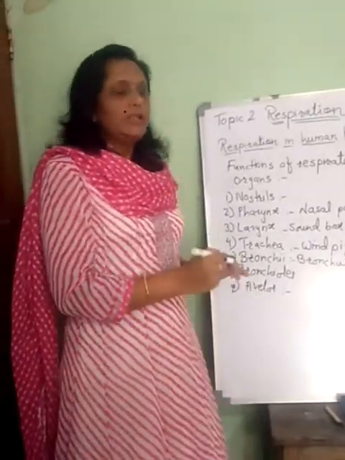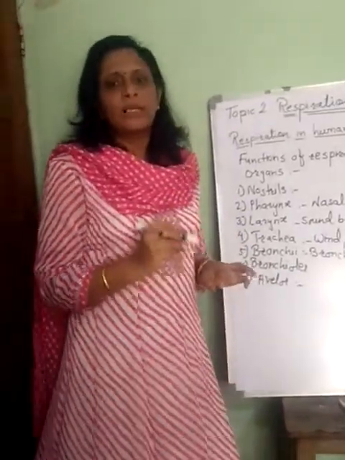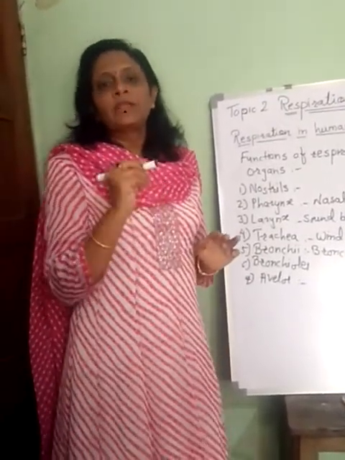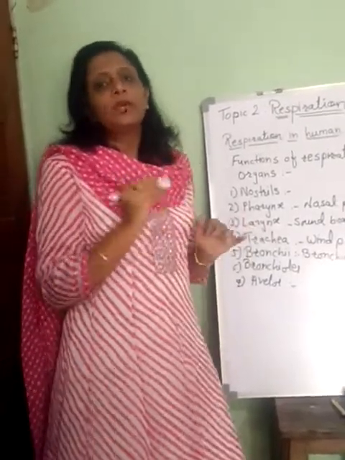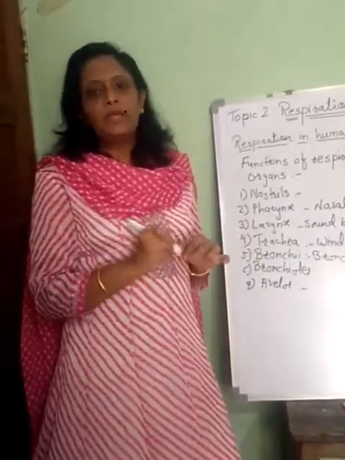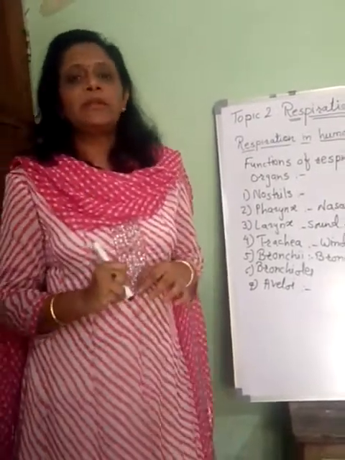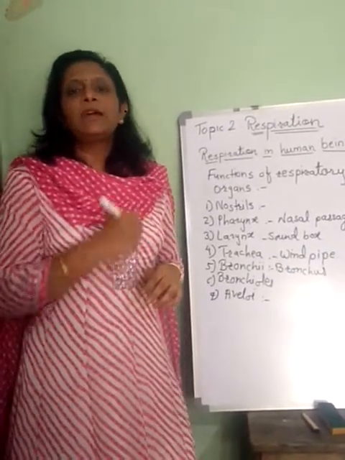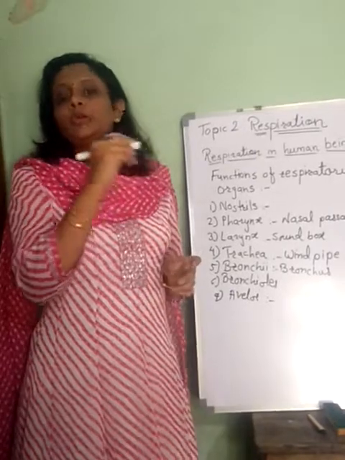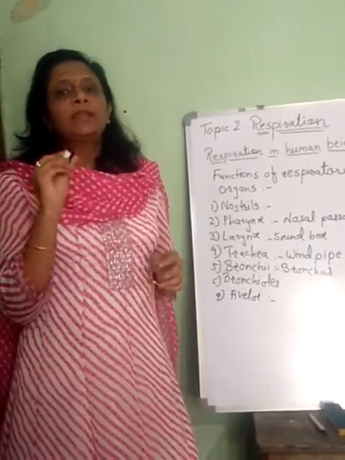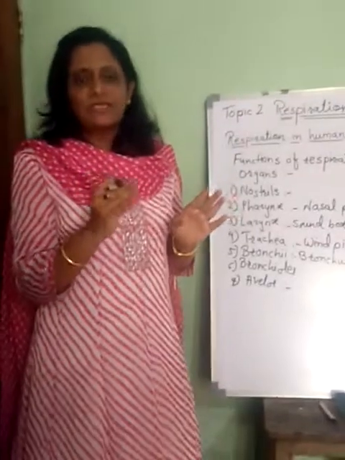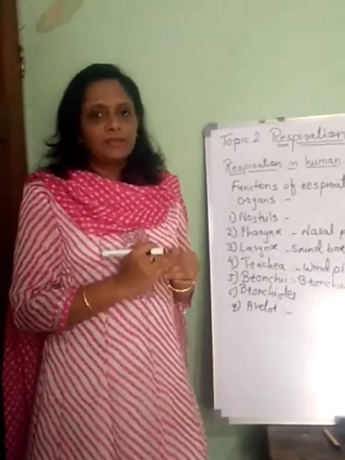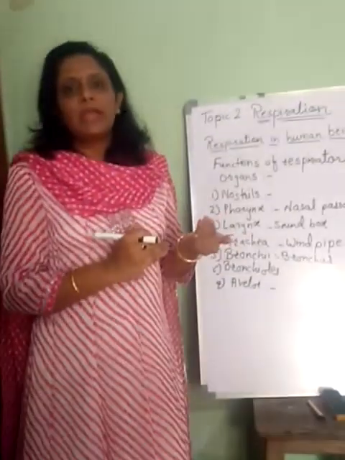The alveoli are made up of very thin walls and are richly supplied with blood vessels. The blood is brought to the lungs with the help of an artery called the pulmonary artery, and this is the only artery in our body which carries deoxygenated blood. It takes the blood from the right ventricle towards the lungs, then divides into small branches and gets connected with each and every alveolus in the lungs, where the exchange of gases takes place.